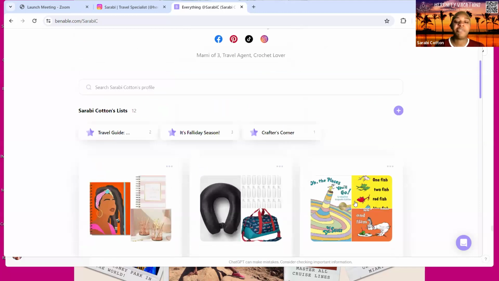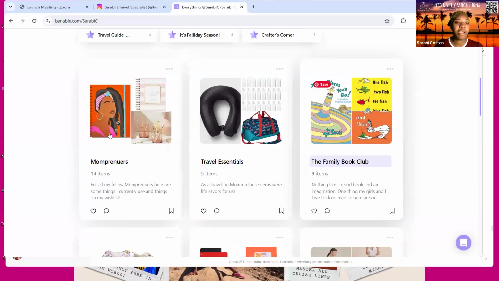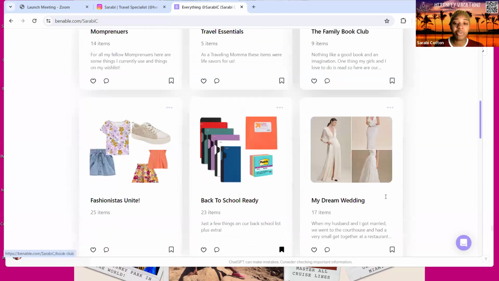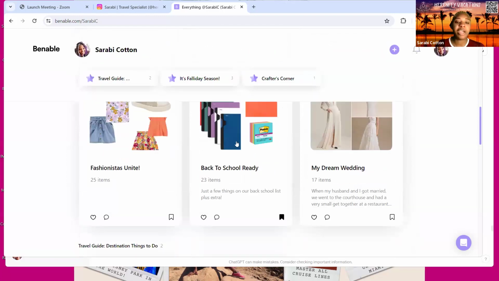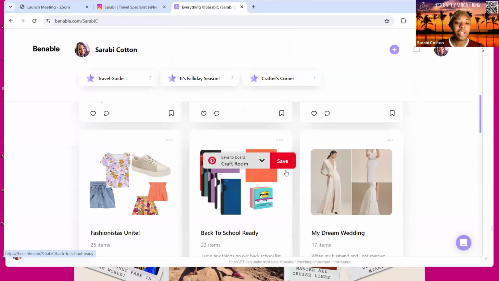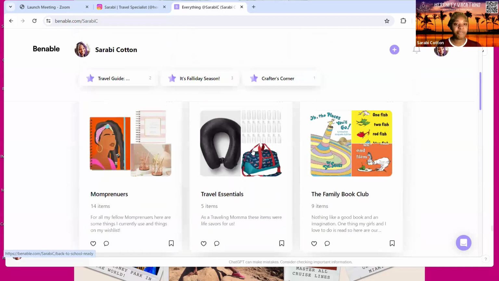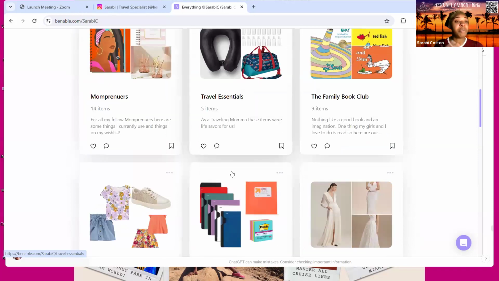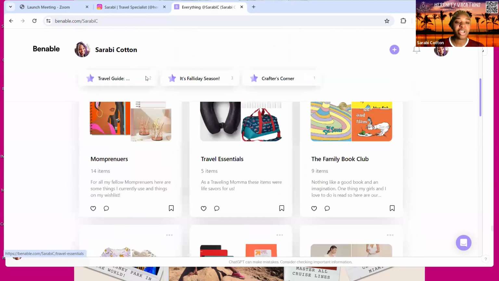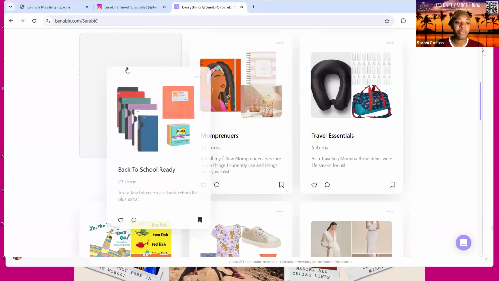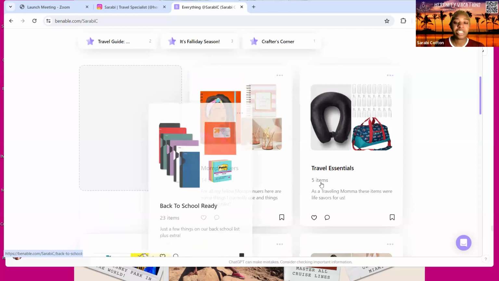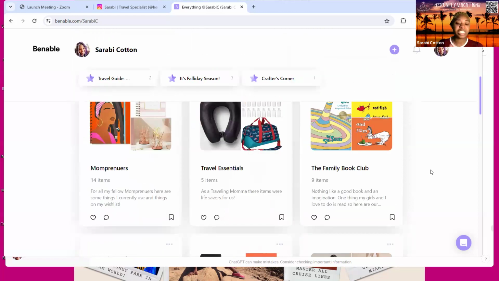So we are gonna kind of build on this collection a little bit, but just to show you for reference, you can literally make a list out of different stuff. So family book club, I have a lot of Dr. Seuss things in here. I have a mompreneur list. Recently, my dream weddings. It is wedding season here in April right now, so a lot of people have been starting to look at that. And then during the school year, or during like July, August time, my back to school ready list is very popular. So typically, when I know there's a time frame of when I want my list to go out or want it to be prioritized, you can easily just drag it to the top or drag it to wherever you want it, and it'll easily just go where you want it to go. So again, you can control where your list is showing up in your profile as well.